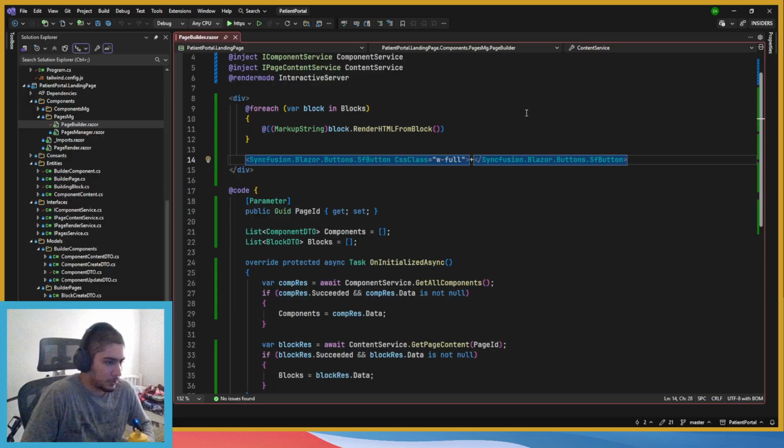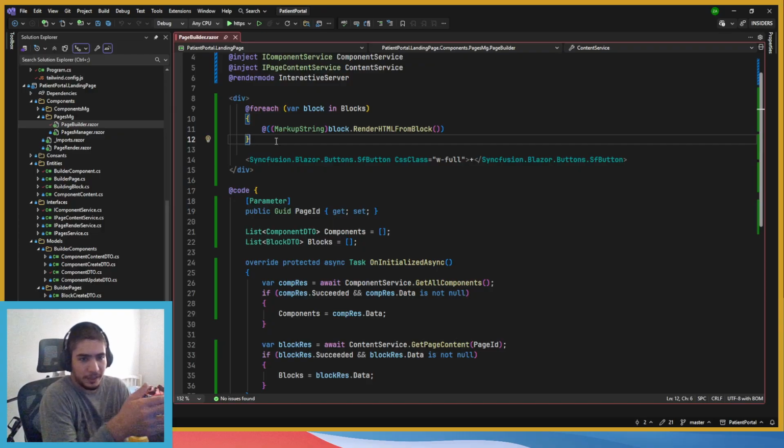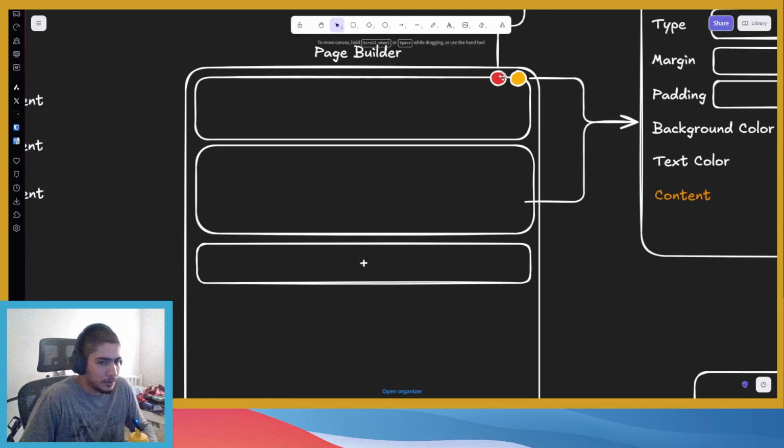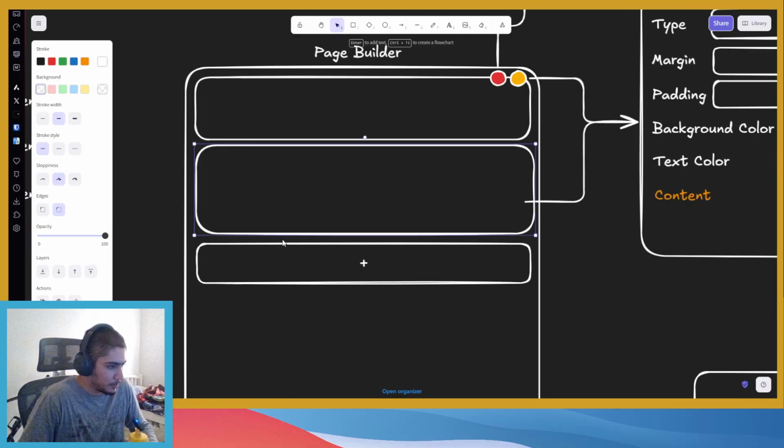So in the page builder, I added a basic plus button in here. For each block we add, first of all, we're just going to see how it renders, and then we're going to add the edit options after that. I haven't thought about how I'm going to add them, but I'll probably add a button under the blocks. Let me show you in the design. So instead of this, it's probably going to be something like this.